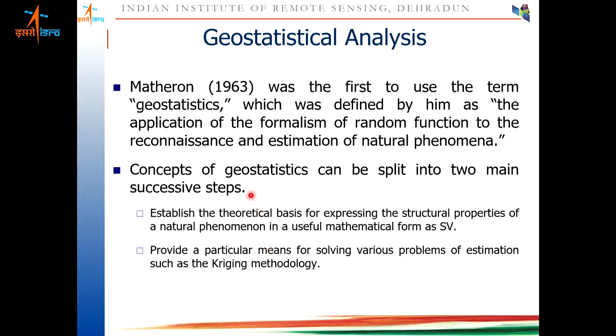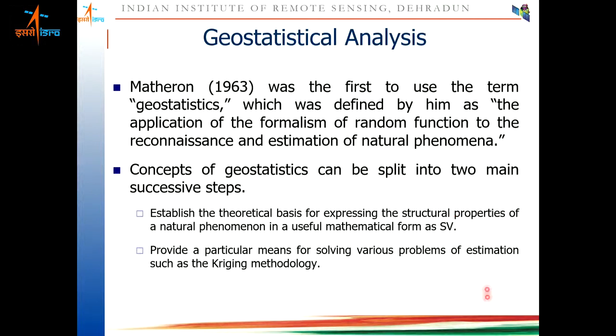This geostatistical analysis can be performed if there is a theoretical basis present for expressing spatial structure, or structural properties of natural phenomena, in a useful mathematical form as a semi-variogram.